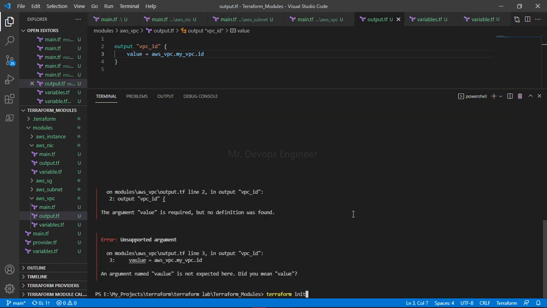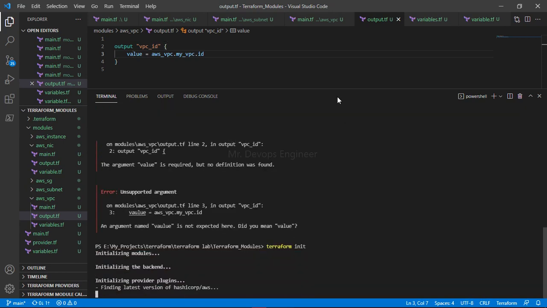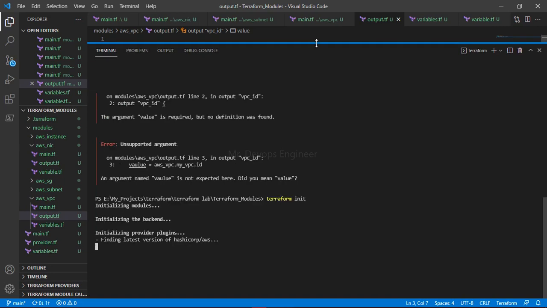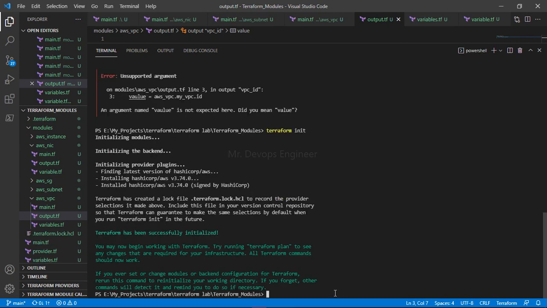Let's see again. So while initializing only you will face this many challenges. So if your module is perfect, then it will initialize in the best way, right? So let's wait. If any error comes, I will come back. Okay, so it is taking time. The session is 45 minutes plus. Okay, so once your Terraform init is done, now you have to do what? You have to do Terraform plan and hit enter.